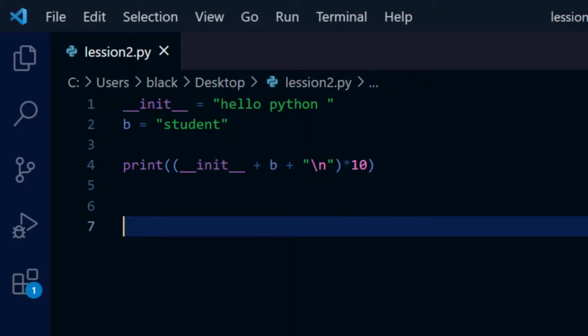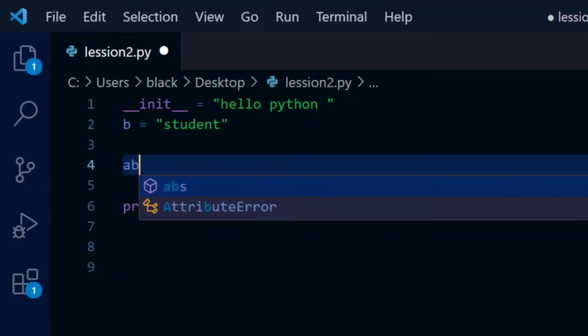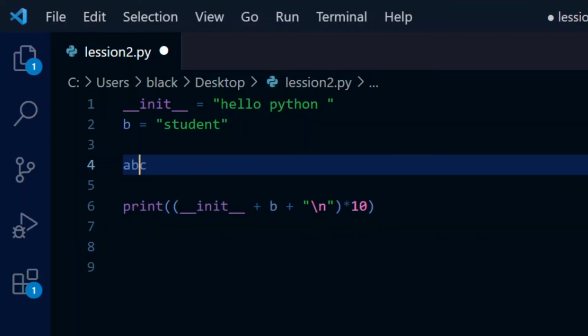And there is another important thing. Let's say you want to declare two or more variables at once in a single line. Let's say A, B, C. These three as separate variables.